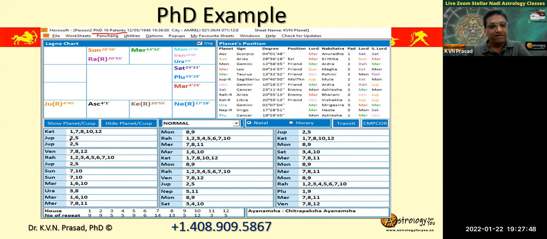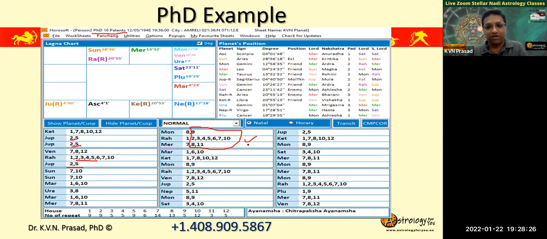2, 5 is there, not much, right? What about Venus? 2, 4, 5. Saturn, Sun: nothing. Moon: 2, 4, 5, 8, 9, 11, 10, 11, everything is there. 9 is on the top, right? 2, 4, 5, 9, 11, 10, 12, all that is there.